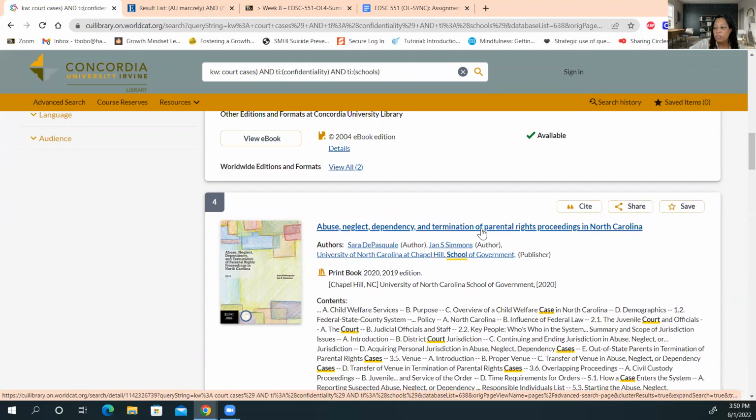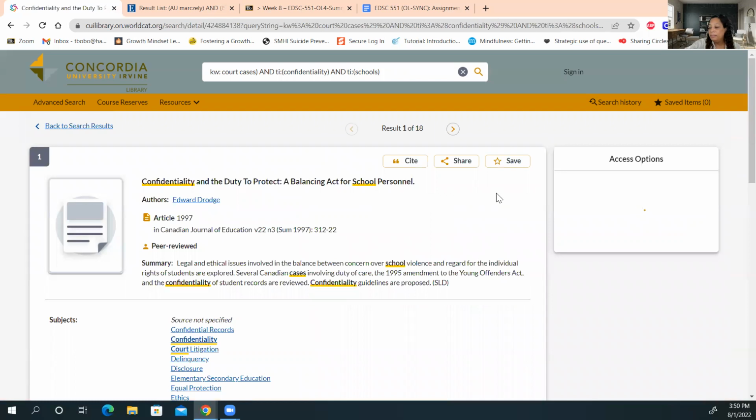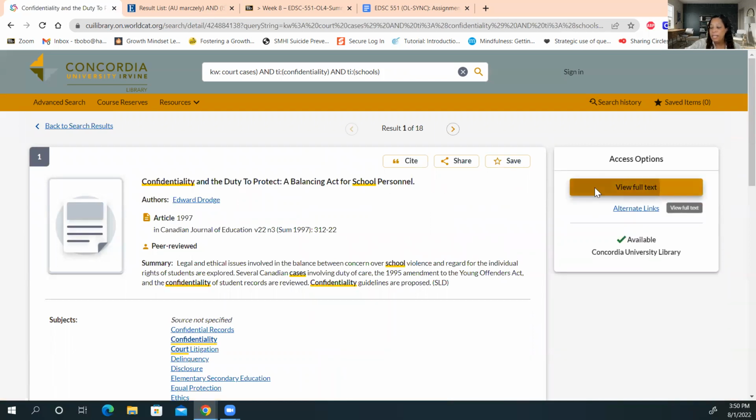So here's a good book, but we can also highlight specific Supreme Court cases and get there as well. Let's take a look at this one. The article, we can view the full text of this particular one.